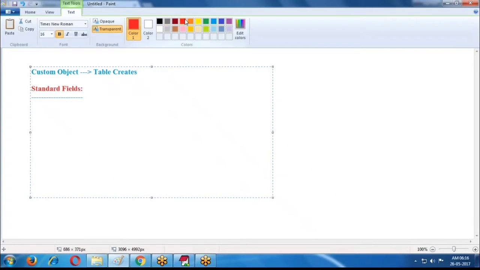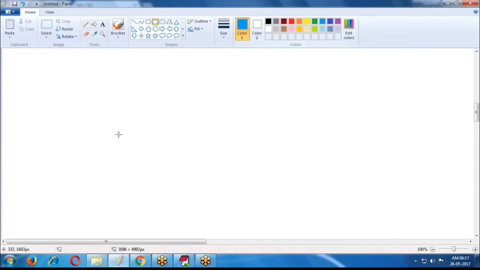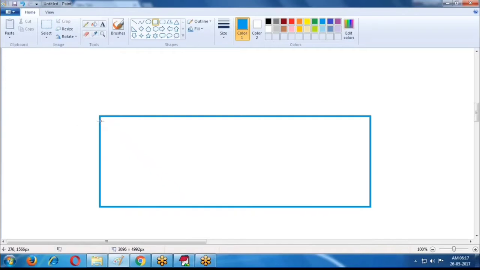What are the standard fields? One is name, created by, last modified by, owner. So these four fields are created. Like one table, in the table four standard fields are created.